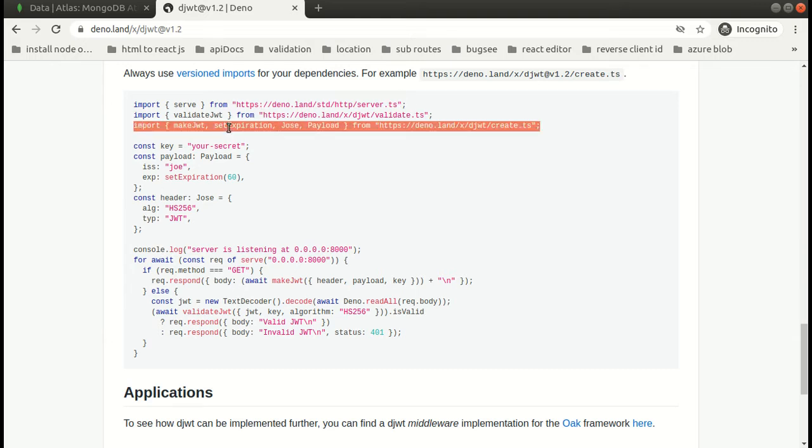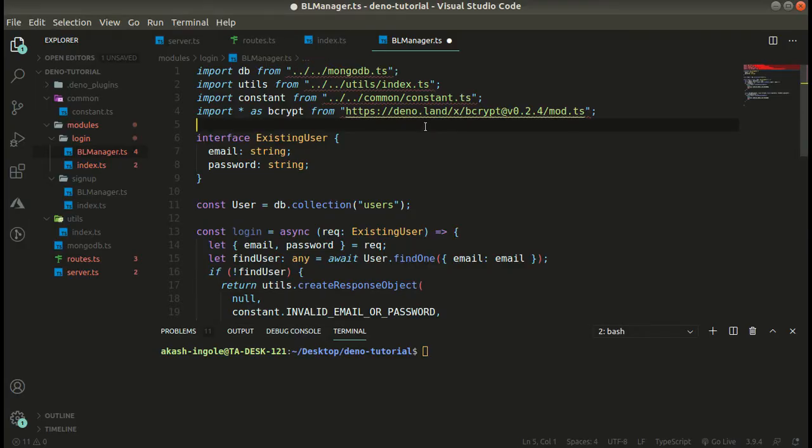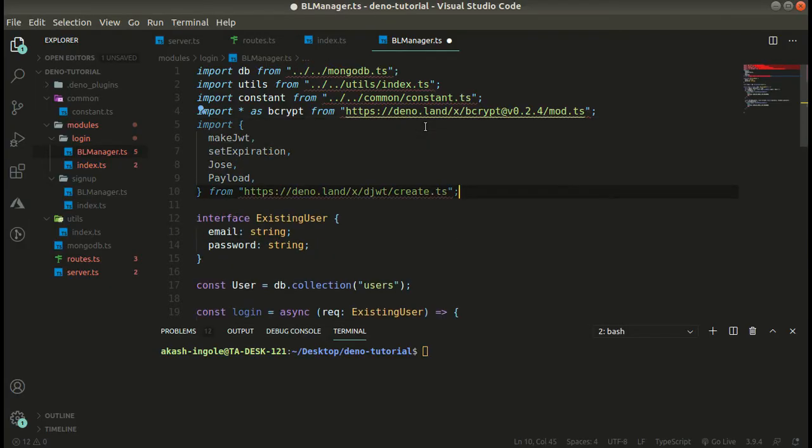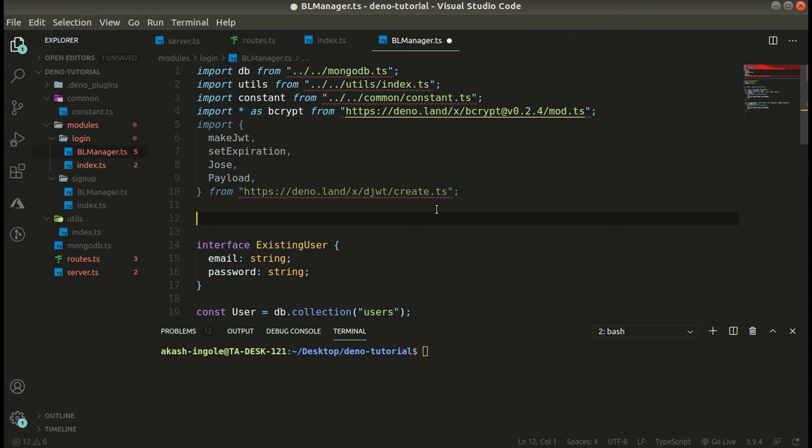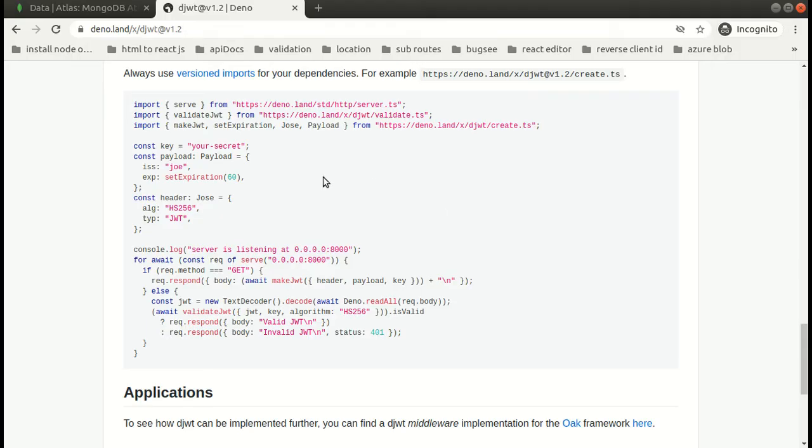So what I'm going to do is import this. So this much is clear. Now we can also take this portion from here.